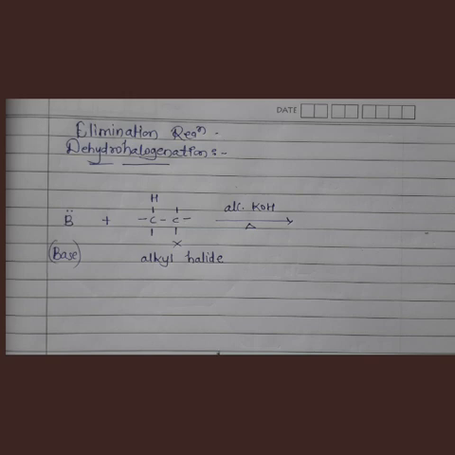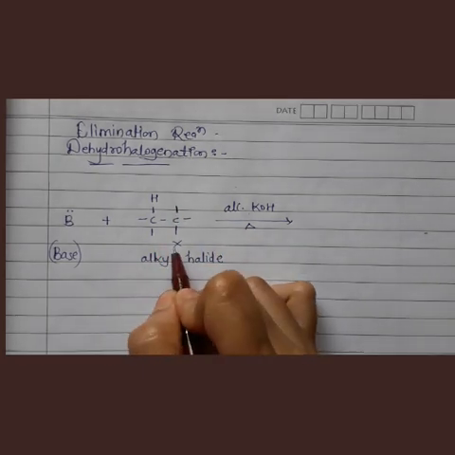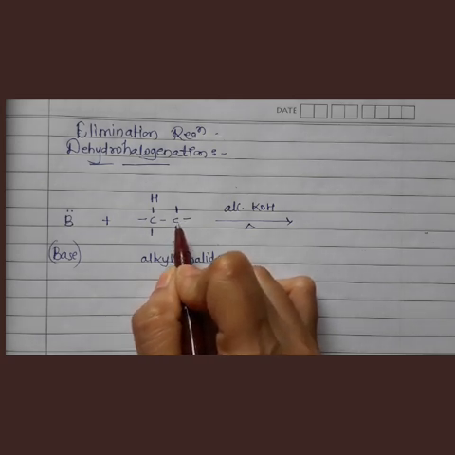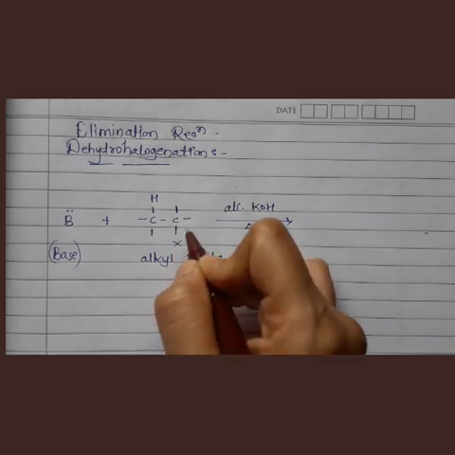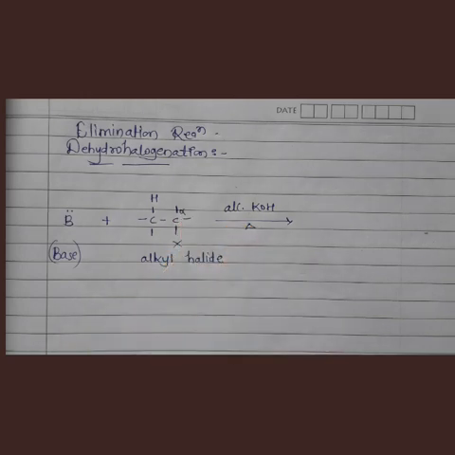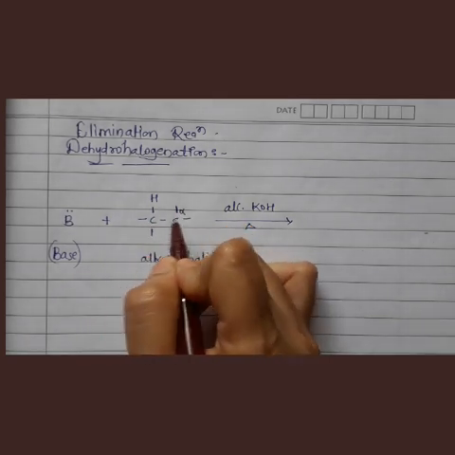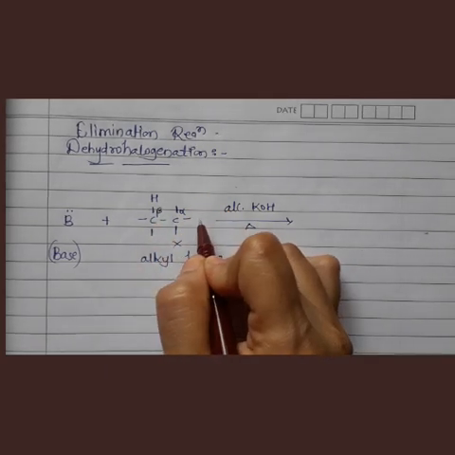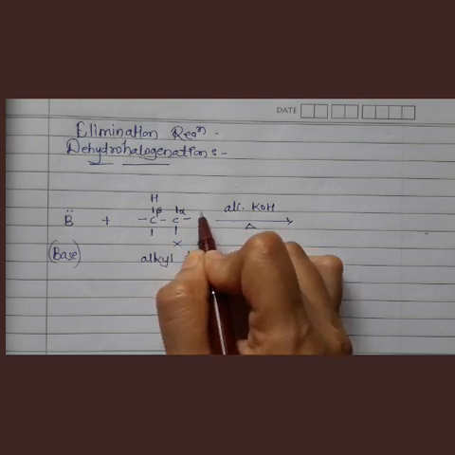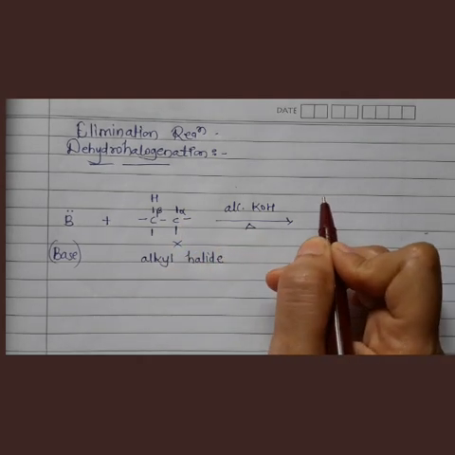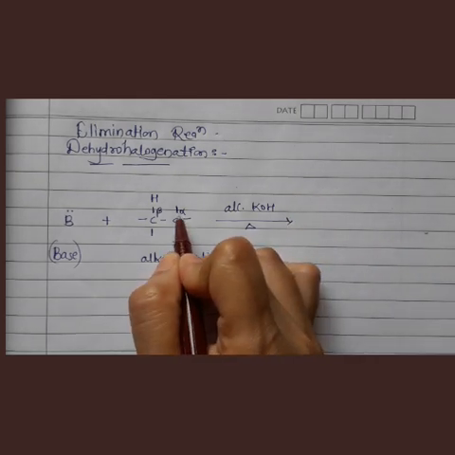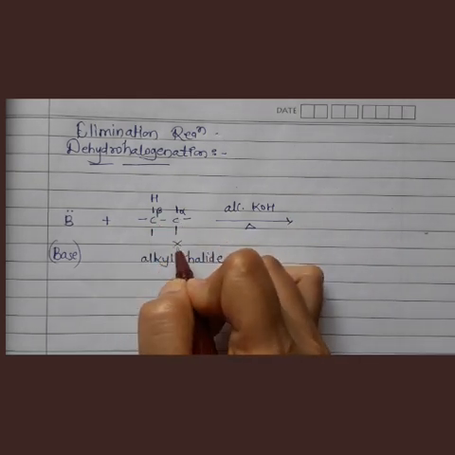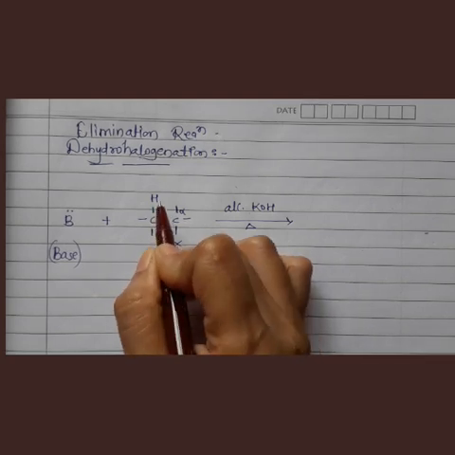So let us see how it takes place. First let us see what is alpha carbon and what is beta carbon. Now see, this halogen is attached to this carbon atom. So with respect to this halogen, this carbon atom is called alpha carbon atom. And adjacent to alpha is beta carbon atom. If on this side also one carbon atom is there, that will also be considered as beta after alpha. Then gamma will be there. So this is alpha carbon and this is beta carbon.